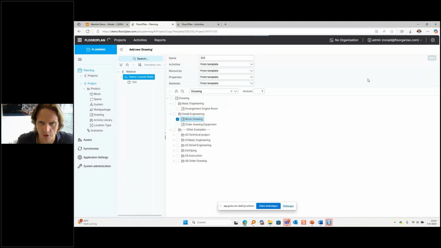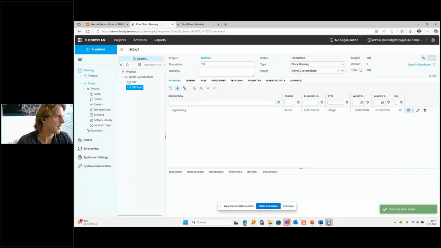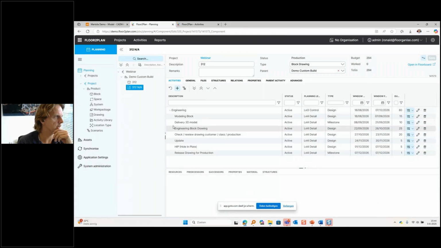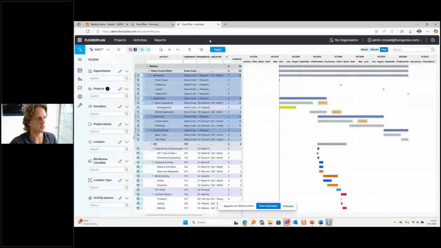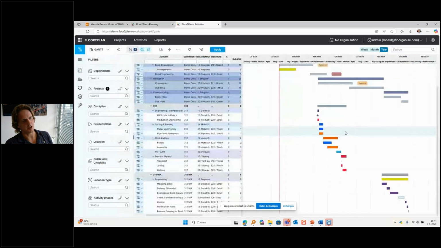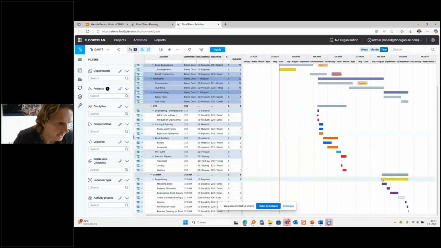in a disconnected way, as we saw from the pyramid at the start, from the hull block itself. So we see here the engineering activity for that 312 block. We see the modeling of the block all the way to release for production. Also here, all the resource assignments are loaded with a resource load. So 100 hours required of somebody with a detail engineering trade or certification working, in this example, in the detailed design department. It could also be a subcontractor, then that would be a different label here. And if we take a look at the overall schedule, we can see that the engineering is scheduled after production. Well, that obviously doesn't make any sense,